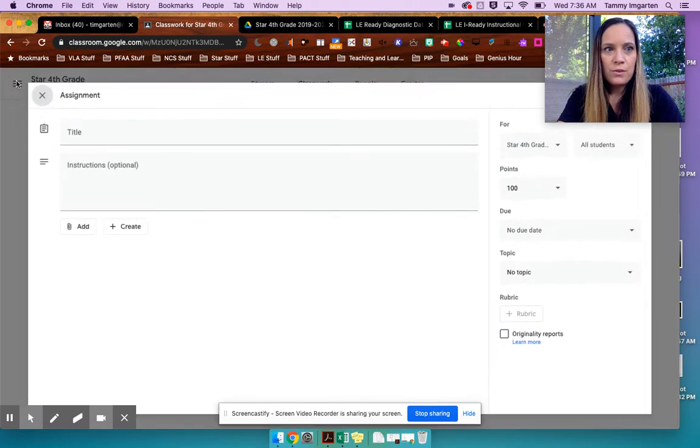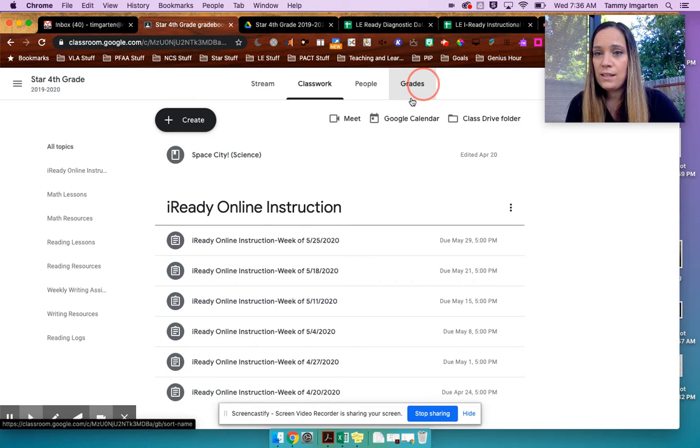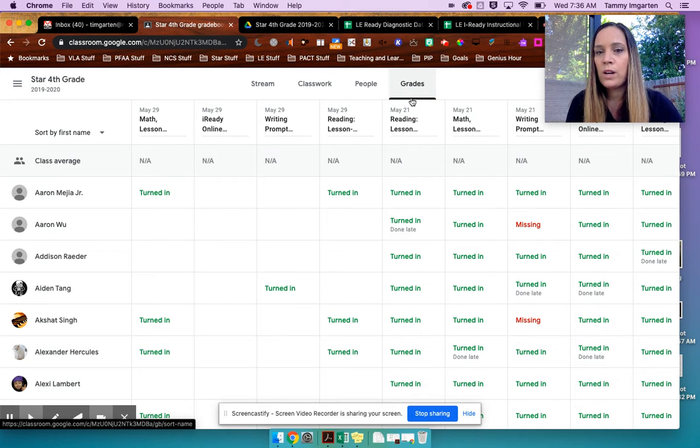I'll pop over to the people, which is just the list of students in the class. The grade book here has at a glance who has completed assignments, who submitted them on time, who submitted them late, and when they're missing. So it just becomes an obvious way to keep track of who has turned things in. So you can send those one-on-one messages,